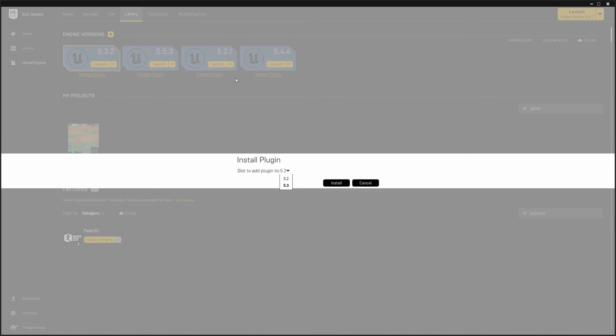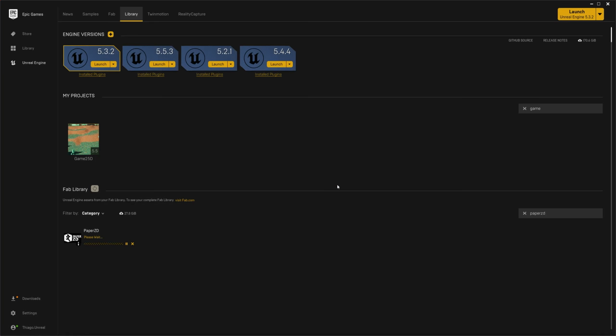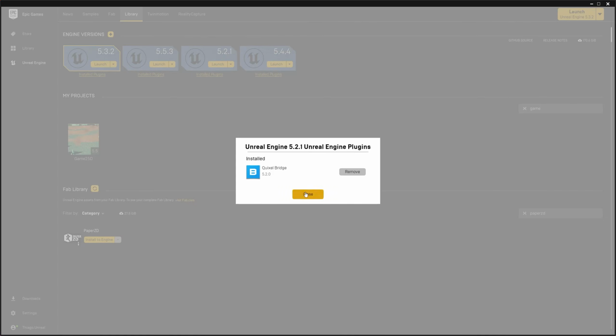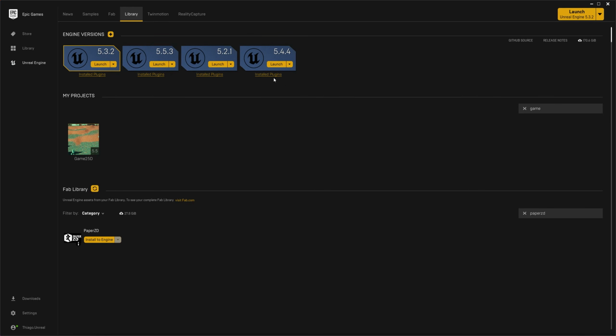I already have installed 5.4 and 5.5, so I'm just going to pick 5.3 just to showcase the process. You just press install, it's going to download it, and then add to that version of the engine. You can actually go here to double check that it was properly installed. And if you click on install plugins, you can actually see what's available for that version of Unreal. So I have that in all the versions now, except 5.2. Okay, so just do this, and then the next step, we're just going to start the project, and I'm going